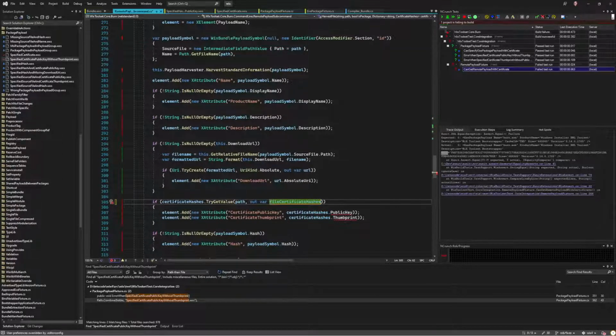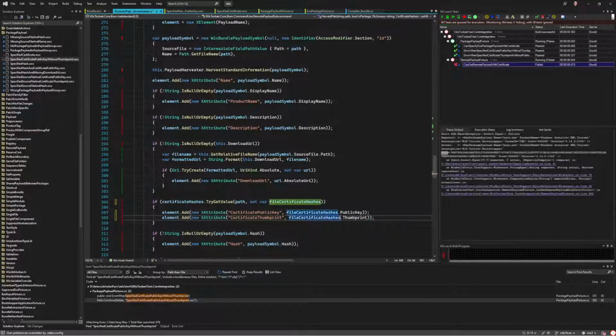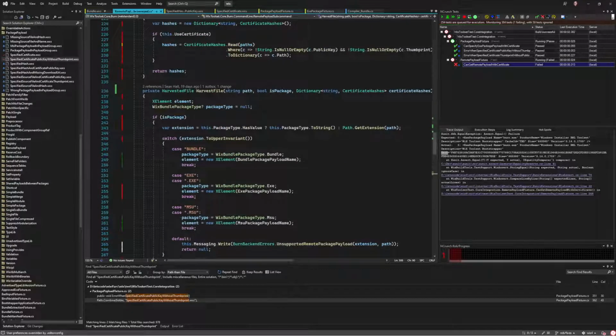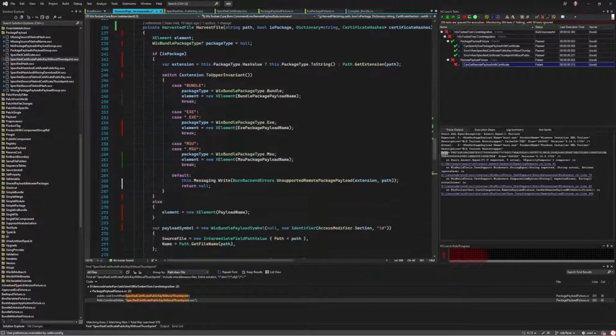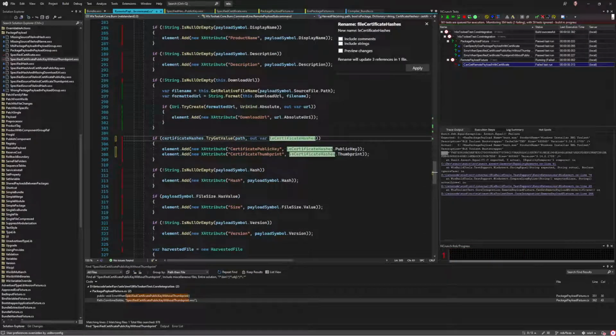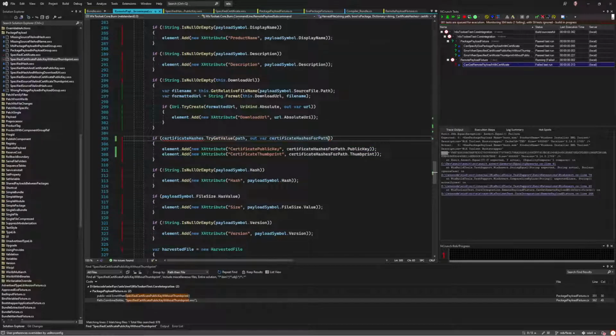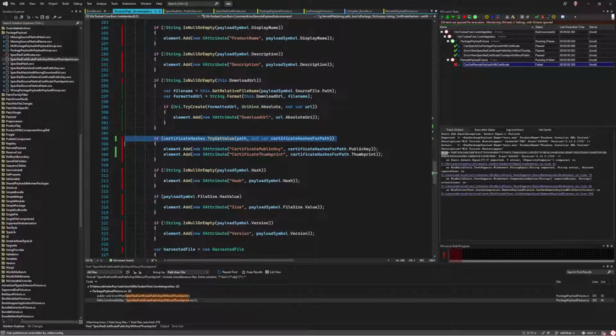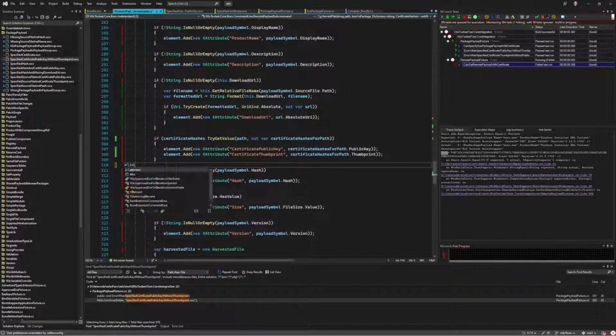Guess I could have called this all. I don't know. We'll see. What are we calling this thing we're looping over? Yeah, okay, it's fine. Path. For that path, great. So we try to get the certificate hashes for this. If we find them, we do that. Otherwise, else,